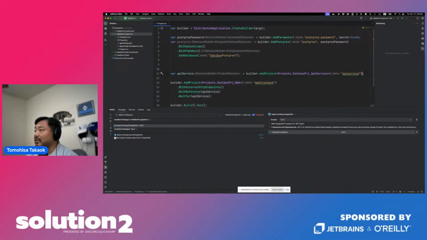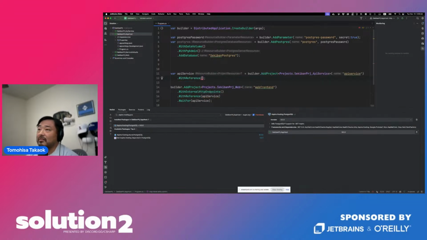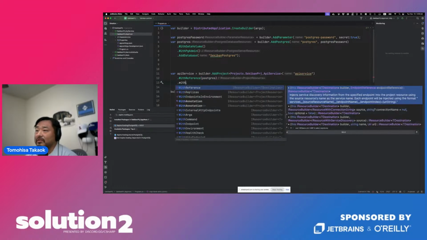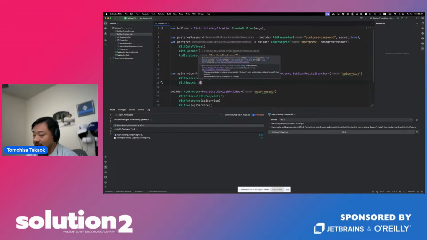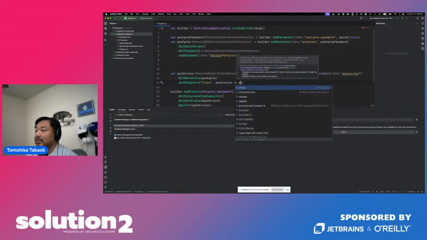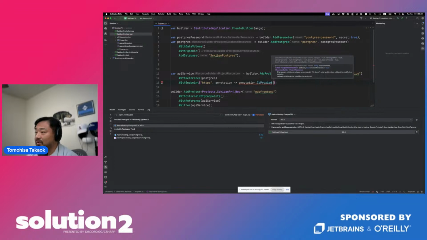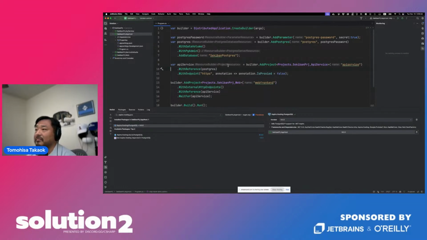And then you add this with reference Postgres database, and also with endpoint, and then for the HTTPS, it needs an annotation, proxy, is proxied equal false. Okay, so that's how we add the database.